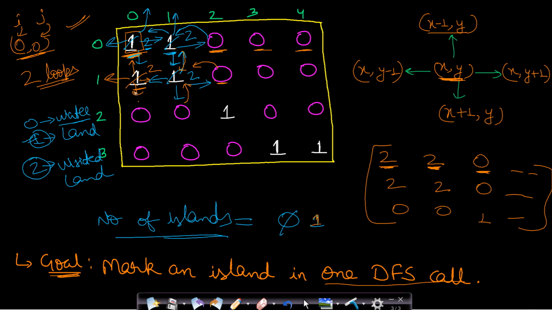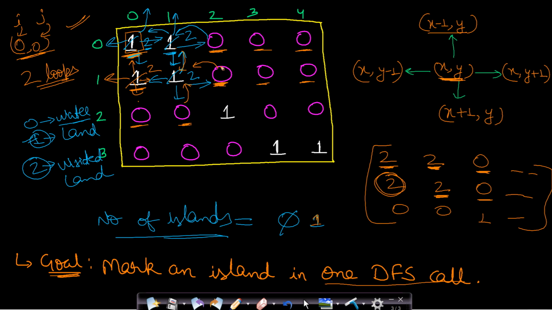After this we will come to row number 1. So in this row number 1 and column number 0, we have value 2. This means this is a piece of land, but we have already visited, so we won't process it. So we move to the next cell. This is 2 as well, so this has already been visited. This island is already marked, so we will move to the next point, 0. Zeros are not processed since they are water bodies, so they all will be skipped. These zeros will be skipped.